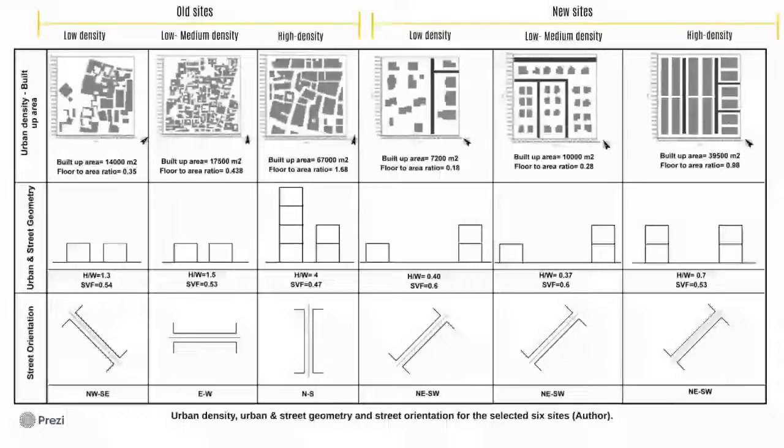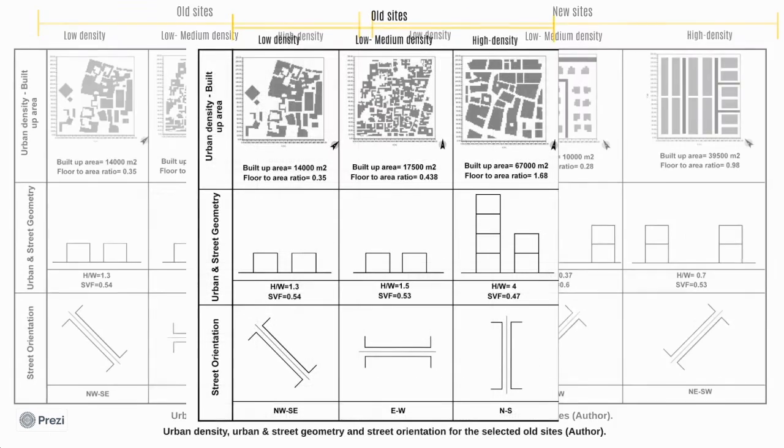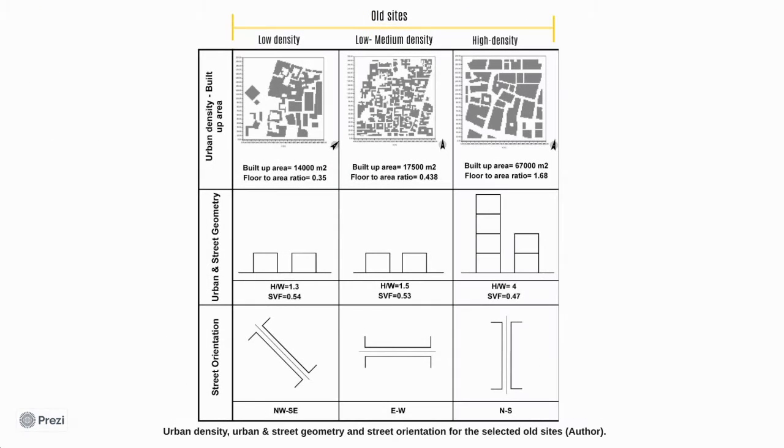In order to ensure that the selected sites have different urban densities and to evaluate and assess them based on fixed criteria, the size of the urban plots was unified for all sites as 200 by 200 meters, which equals 40,000 square meters. Starting with the old sites, the first model represents the real configuration of Al Marija area